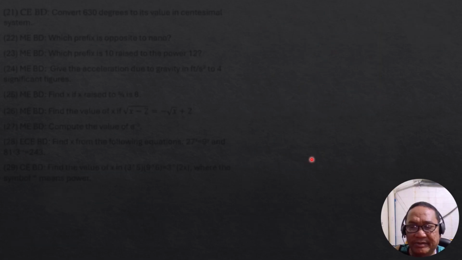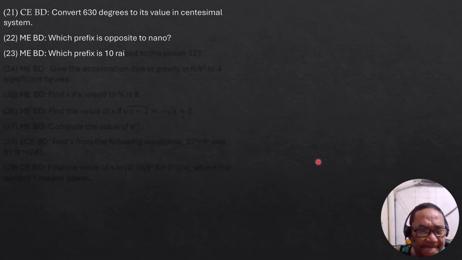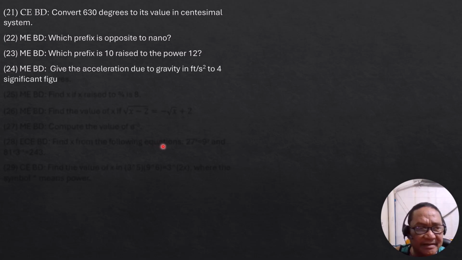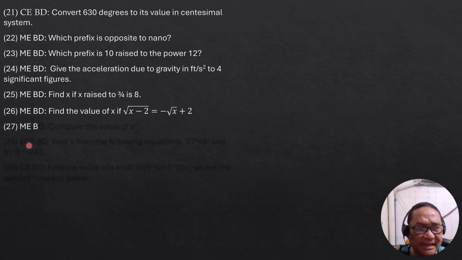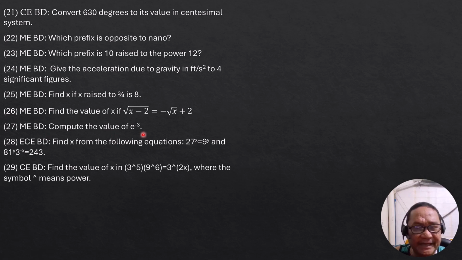So let us continue. We are now in problem 27. This came out in mechanical engineer licensure exam. So compute the value of e to the negative 3. All you have to do is use the calculator, but the value of e is about